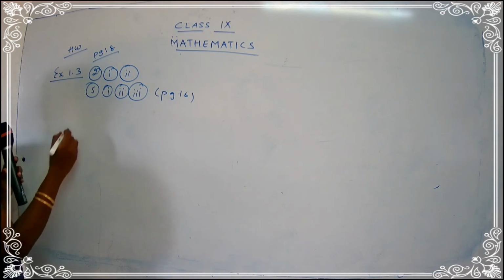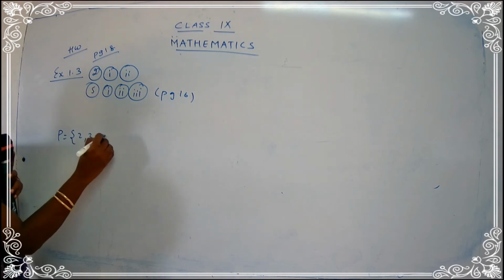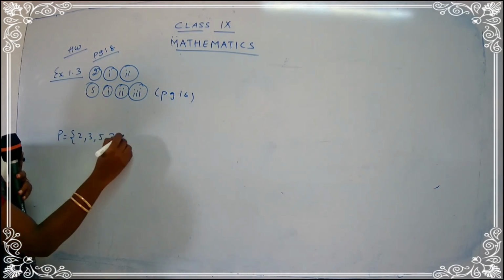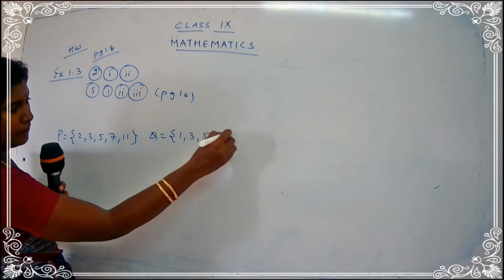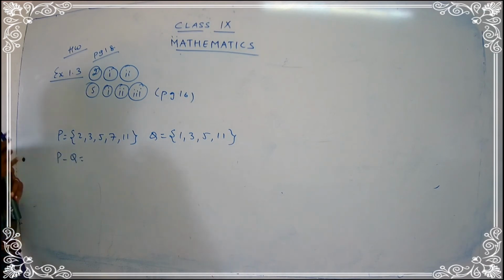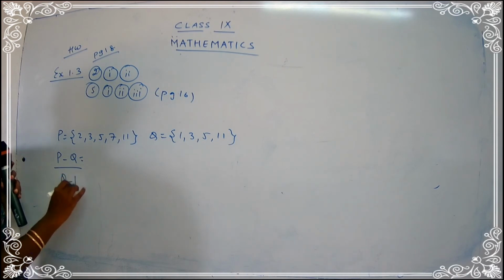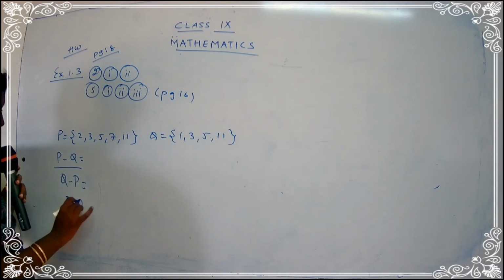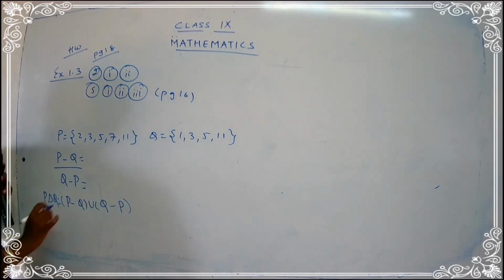So what is the first thing you are going to do? I'll just give you an idea for question number 5. The fifth is 2, 3, 5, 7, 11, for the first sum, and what is Q given? 1, 3, 5, 11. Okay children? Just a small idea of how to continue your sum. So P is 2, 3, 5, 7, 11 and Q is 1, 3, 5, 11. First thing is to find P minus Q. You know how to find P minus Q? Take P but not Q. Then you have to find Q minus P. And afterwards you have to find P minus Q union Q minus P. This is the answer for P symmetric difference Q.